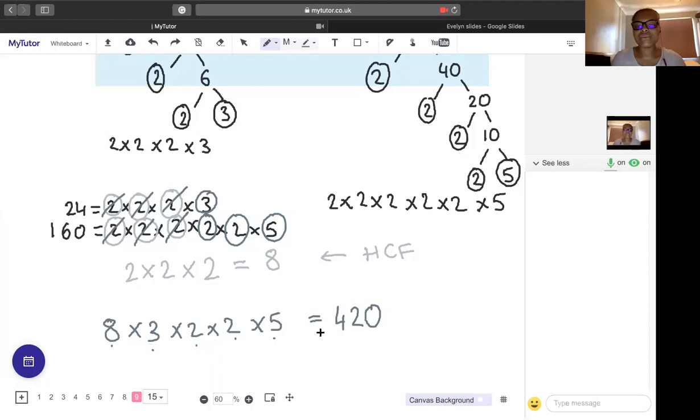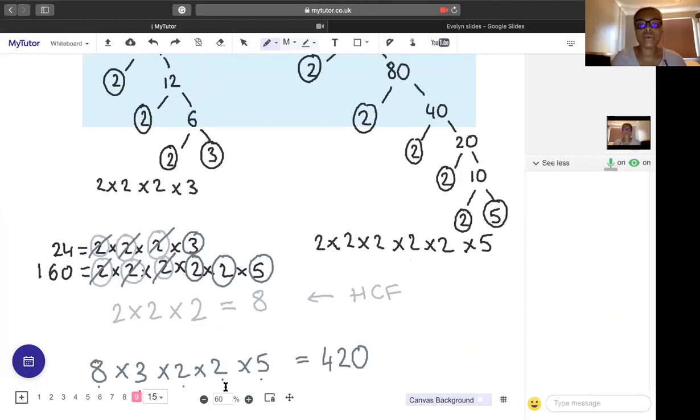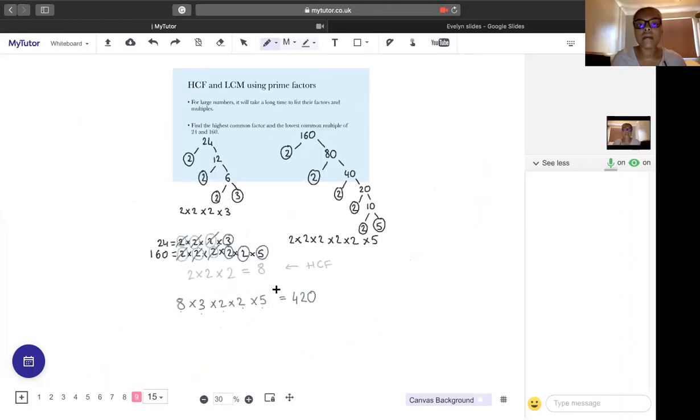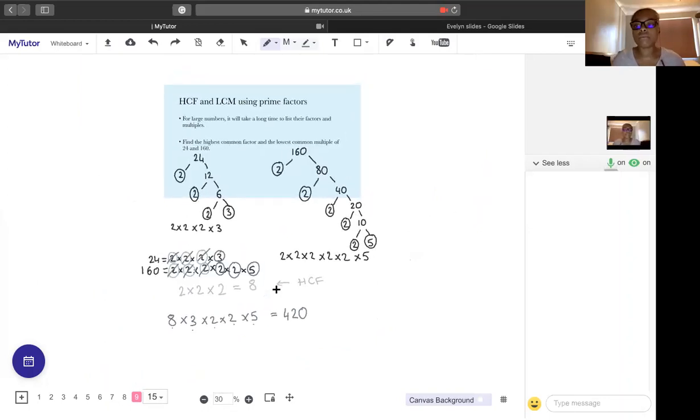Yeah. So hopefully this all makes sense. This is the quickest way to work out a highest common factor and lowest common multiple using prime factors. So we can go through a few more examples as well. But before we do,